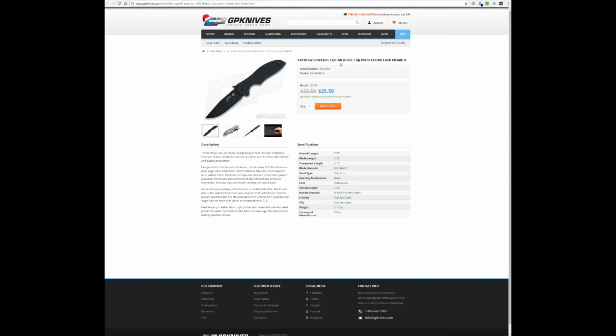There's some interesting collaborations going on. It's been going on for a while between Kershaw and Emerson. It's a pretty inexpensive knife here. It's an Emerson CQC 6K. It's kind of a drop point or spear point blade that Emerson has on their other knives that aren't Tanto, and you have this, for the most part, standard Emerson handle,